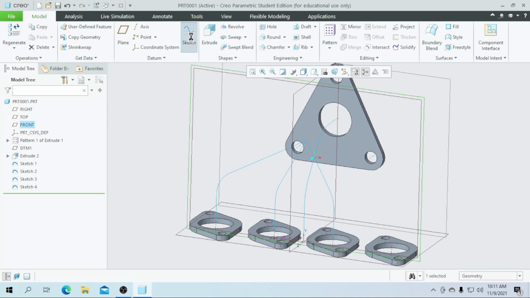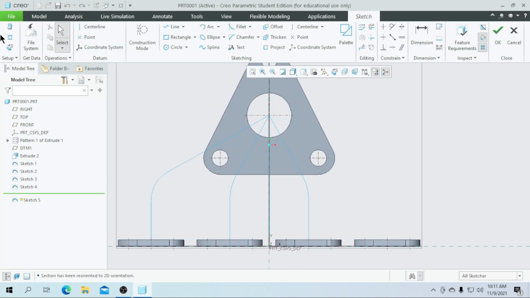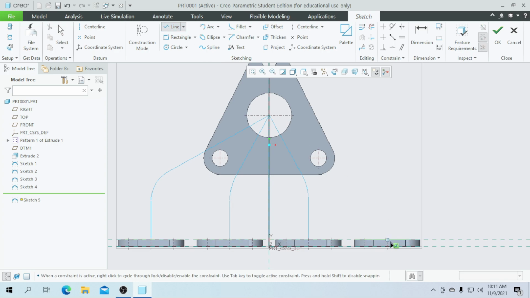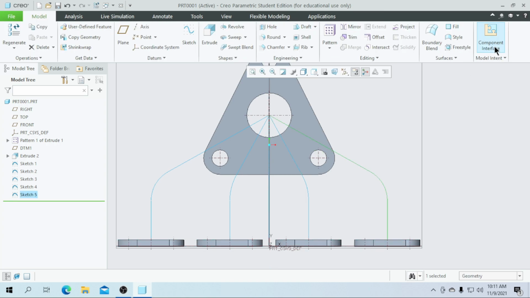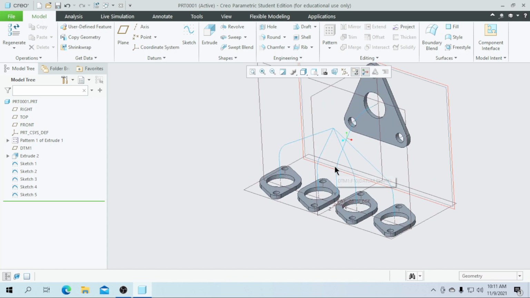So let's create our last sketch. Go for the sketch view. Go for the reference. Draw a line. Add a fillet here. So this side must be a value of 60 and this fillet value is a value of 50, and close it. So now we created 4 lines for the 4 axes.